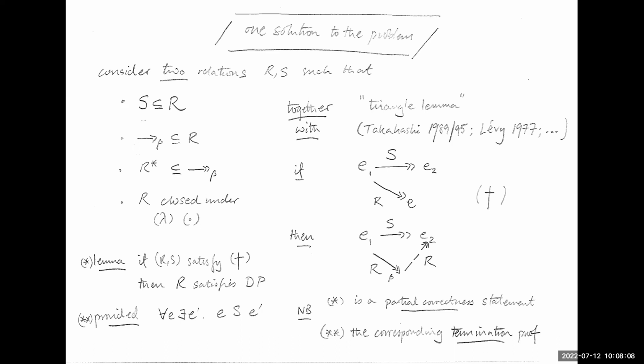So maybe I got the quantification wrong. Okay, I'm going to take an S reduction and consider arbitrary R reductions from the head of that triangle. And whichever one I take, I can close back to this chosen S reduct. So I don't need functionality, but thank you very much for clarifying that, Ohad.